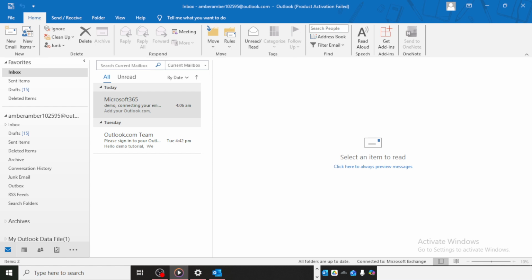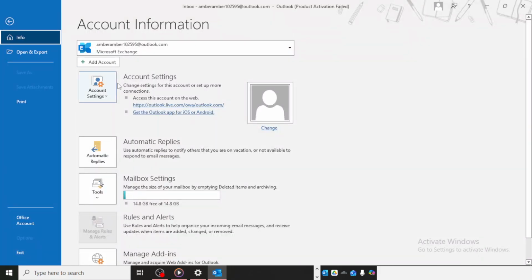Once Outlook is open, go to the top left corner of the window and click File. This will open the main account and settings area, where Outlook keeps the options related to your email setup. From there, click Account Settings. A menu will appear, and in that menu, click Account Settings again. This takes you to the window where all existing email accounts connected to Outlook are listed.